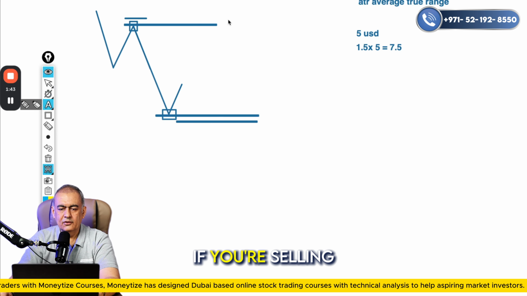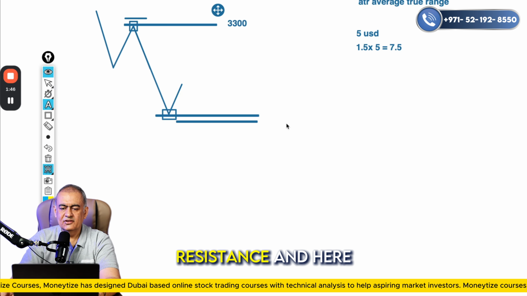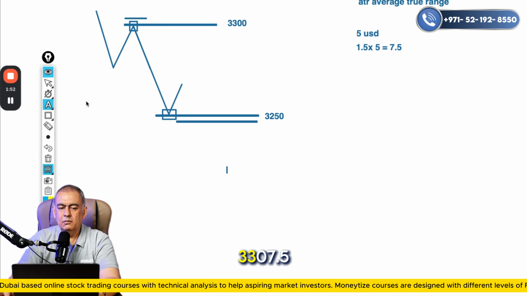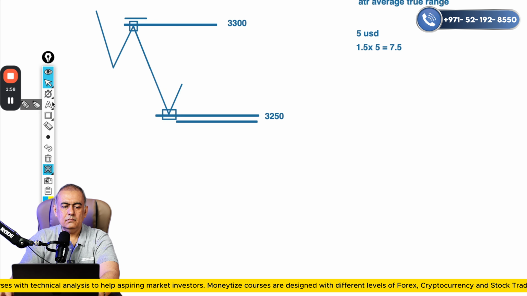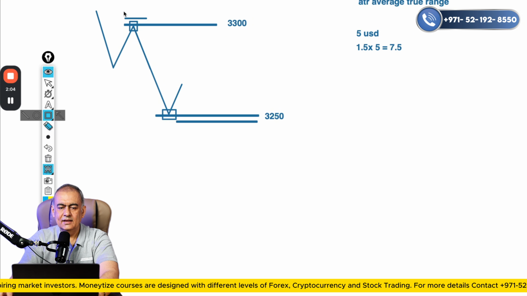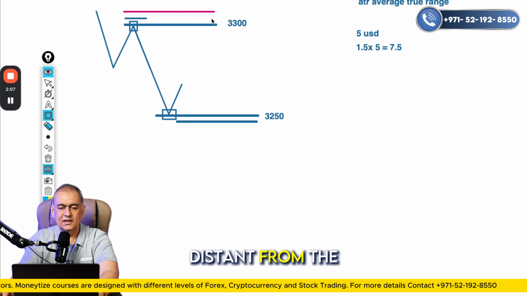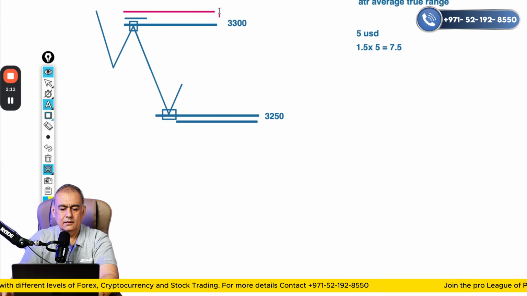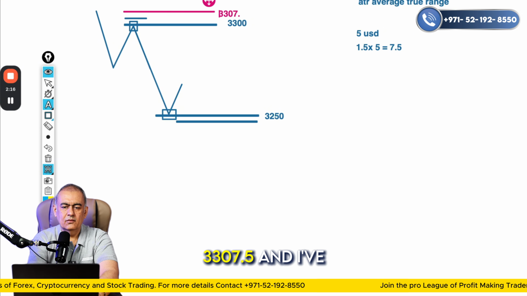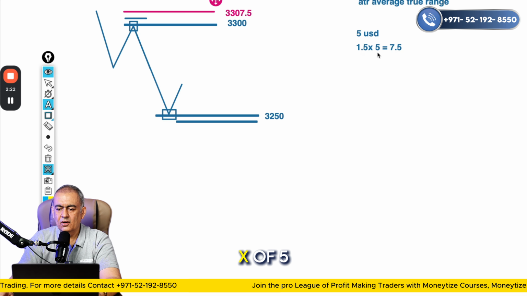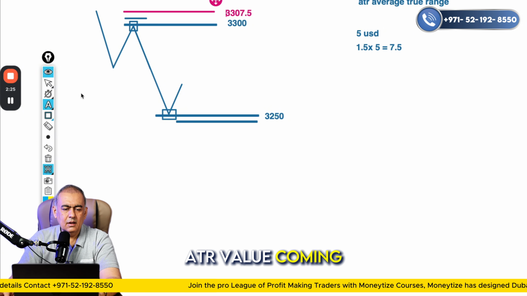So let's say if you're selling at 3300, this is the resistance, and here the buying is 3250. Now my stop loss will be 3307.5. So my stop loss has to be higher. How much higher? It has to be adequately distant from the resistance. So here I've taken my stop loss as 3307.5